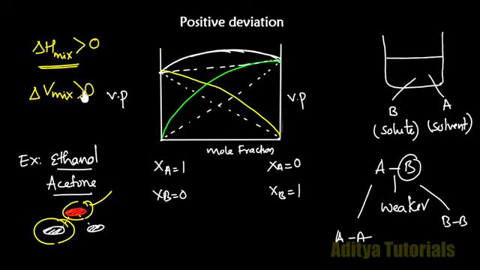Okay, so solutions of n-hexane and ethanol, water and acetone, acetone and carbon disulfide, and we can even take the example of carbon tetrachloride and chloroform, acetone and benzene, show positive deviations. Okay, so in the next video I am going to discuss the negative deviation. Exactly the opposite concept is there to whatever we discussed in this video. Thank you for watching, students.